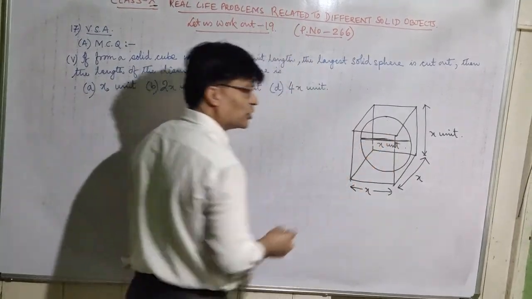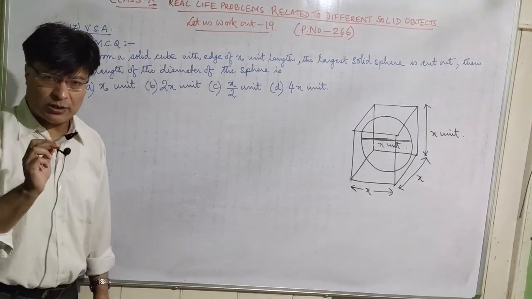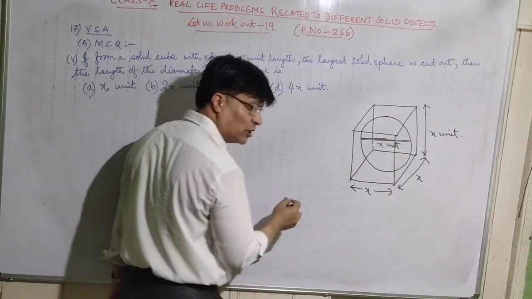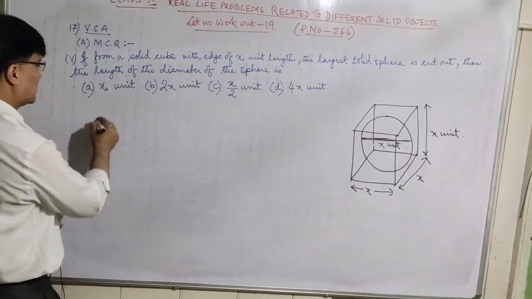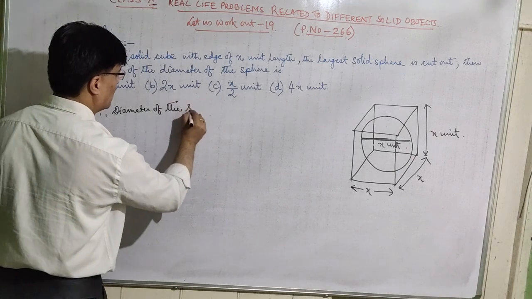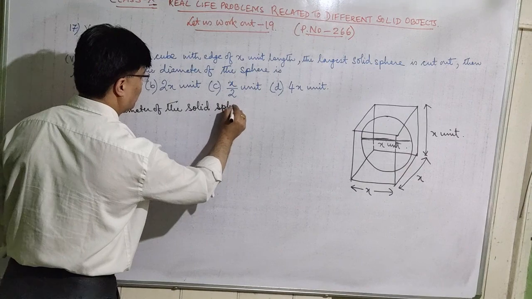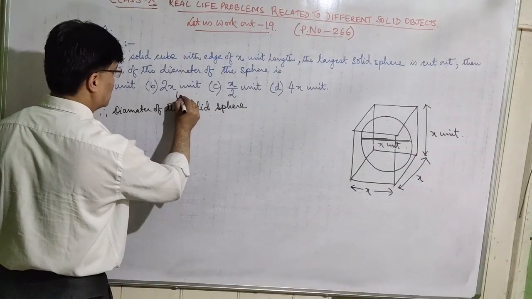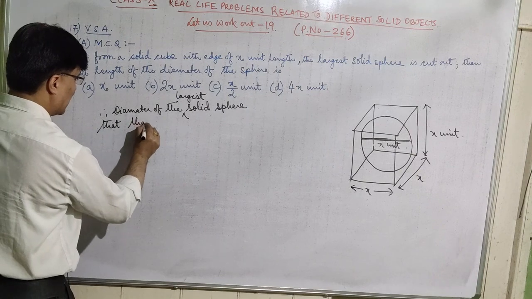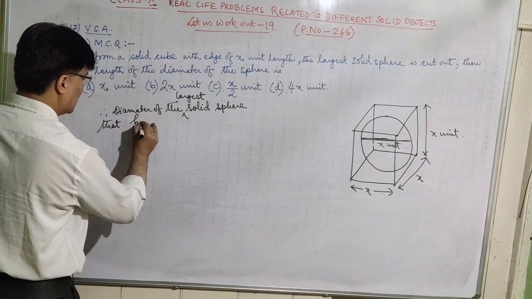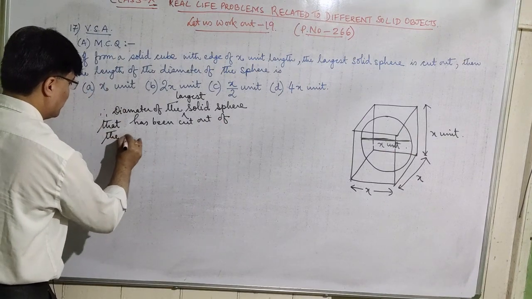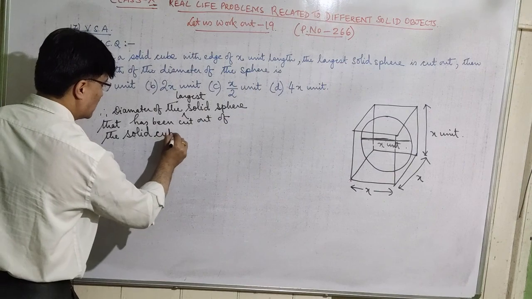Because from this cube the largest solid sphere is cut out, what will be the diameter of this largest solid sphere? It will be equal to the length of each edge of the cube, which is equal to x unit. So directly you can write down here: therefore, from the figure it is known that the diameter of the largest solid sphere that has been cut out from the solid cube